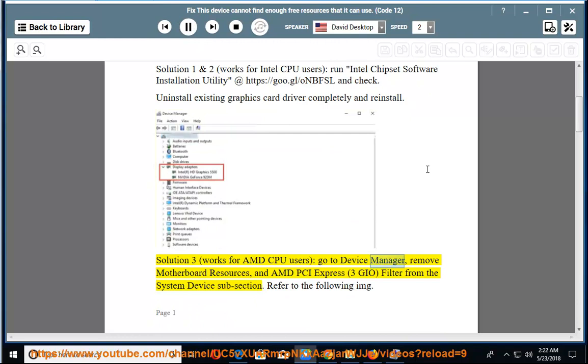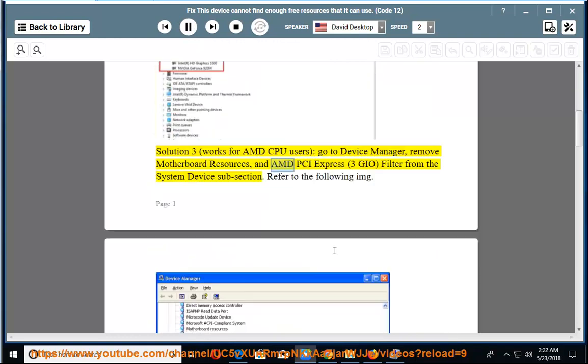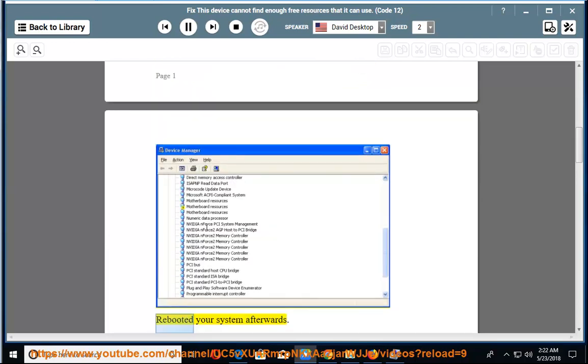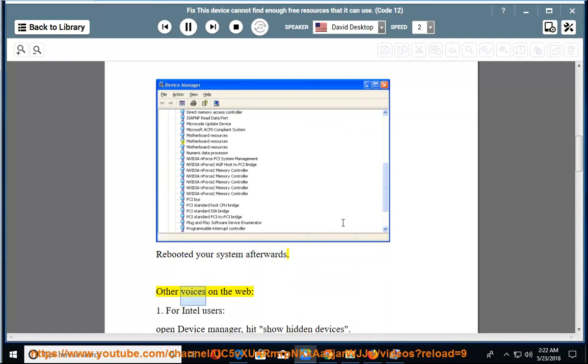Go to Device Manager and remove the motherboard resources and the AMD PCI Express 3GO filter from the System Devices subsection. Refer to the following image. Reboot your system afterwards. Other voices on the web: